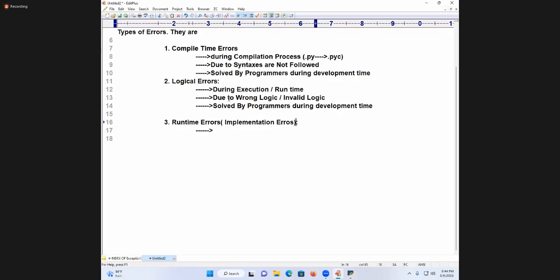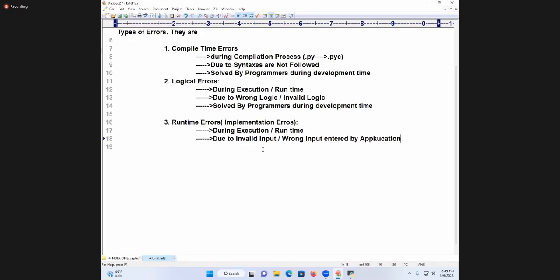Now I am going to say, during what time is it coming? Execution time. Now why are these things coming? They are coming due to invalid input. Invalid input is also called wrong input. Wrong input entered by what?